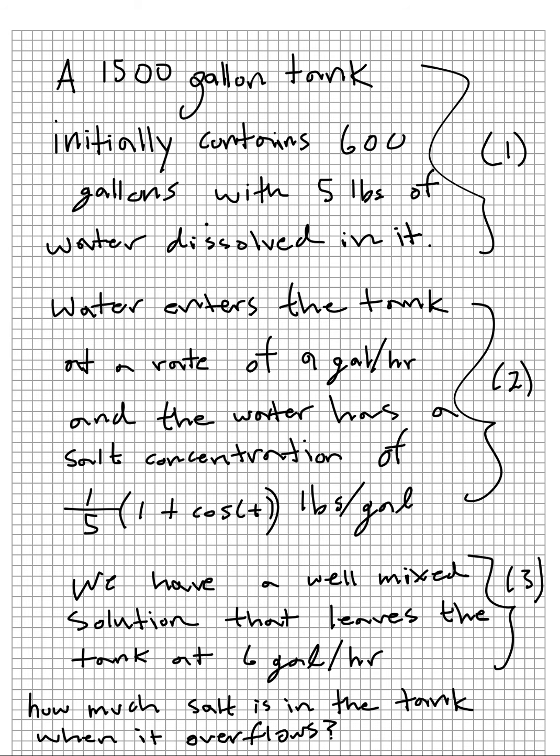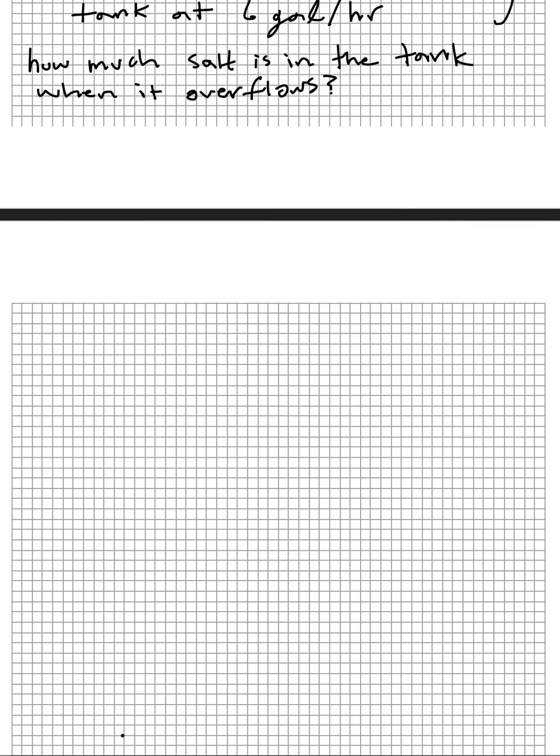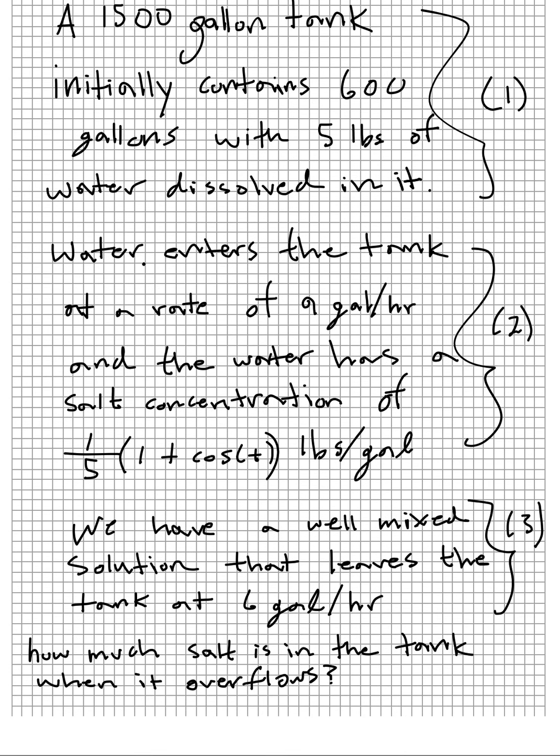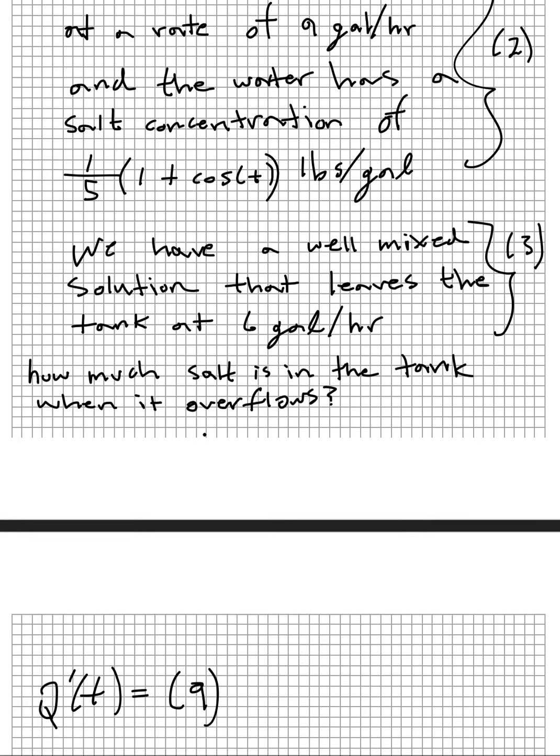All right, so with those three pieces of information, let's go through setting up the problem. So the first thing you need to know is the rate of change is modeled by Q prime of t, and you'll see this in your notes. And that's going to equal 9, which again, if you look back up, is the rate at which water enters the tank,